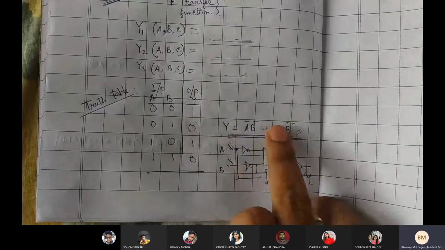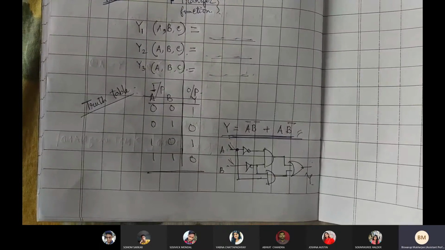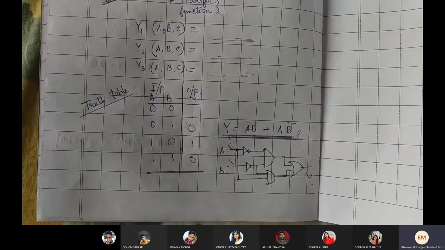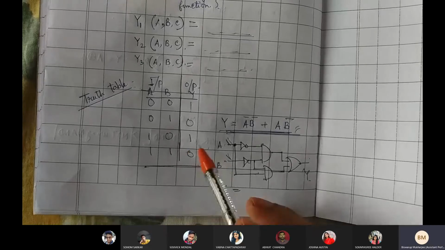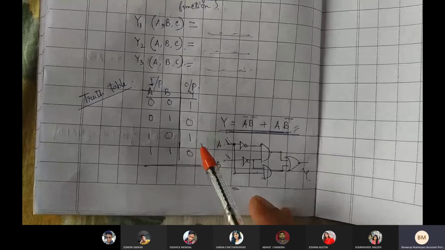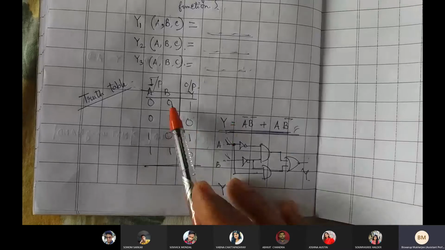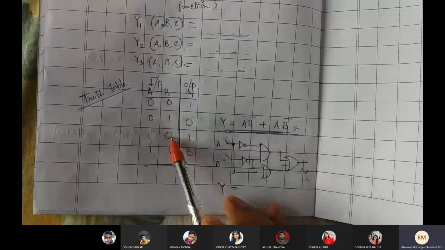That means somebody has written this one, maybe I have written this one. Someone among you has designed the same thing, same output Y. Likely he has seen it this way: my output Y looks like just the B complement, right? Whatever the B input, it's complemented at the output.